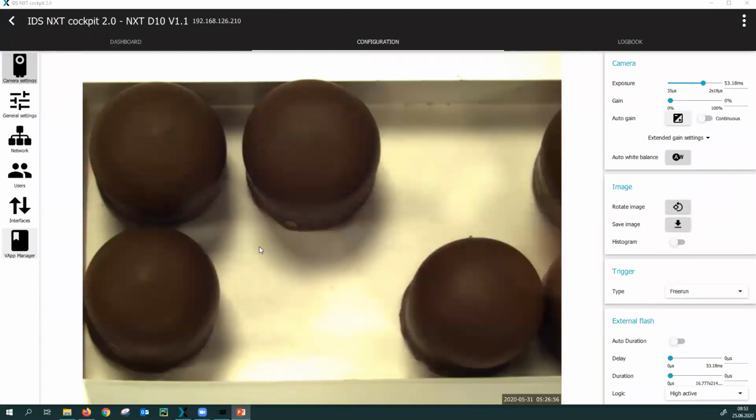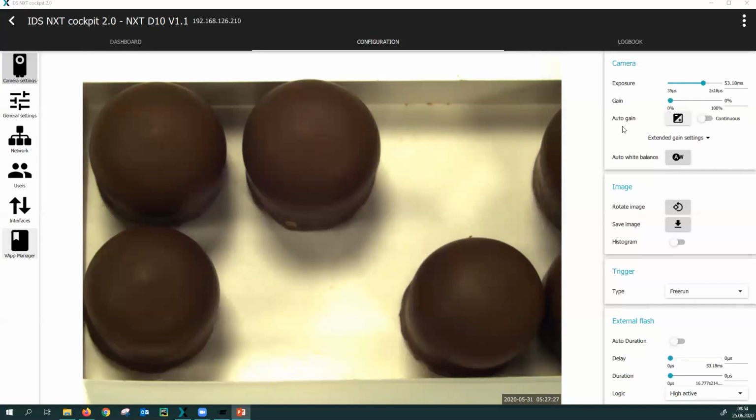I've set up one of our Rio cameras, and the goal here is to check the presence or the absence of these foam kisses. I'm not sure if this is an international thing or if this is just German. This is some sort of sweets, and to be honest, I really start to dislike them because I had so many of these. But nevertheless, I think it makes a nice demonstration.